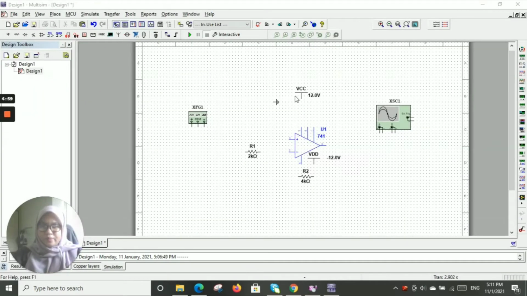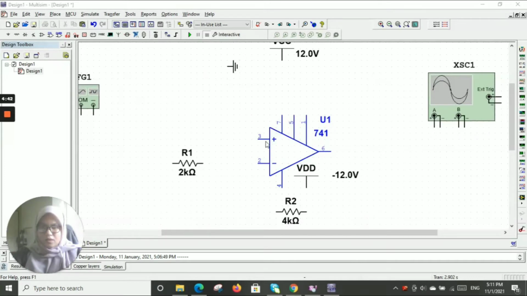Here are all the components that I've already picked in advance, where we have the function generator, oscilloscope to measure output and input, two resistors, power VCC and VDD, and amplifier as well as ground. This is the pin number that represents the positive terminal and negative terminal. Pin 7 and pin 4 is the power, pin 5 and pin 1 is the offset, and pin 6 is